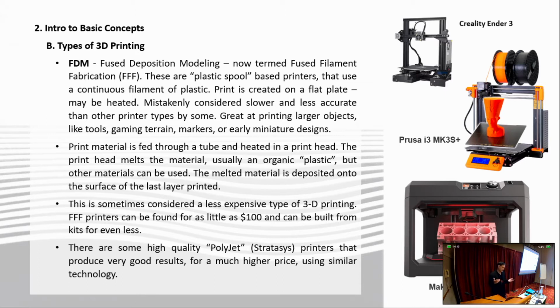Sometimes this is considered to be a less expensive type of printing, and sometimes that's true, but there are some other options out there that are similar to FDM printing, like the PolyJet printers, where you're looking at $100,000 for this type of printer. Now those are really nice. They're super fast. The quality is great. But again, that's more of an industrial use, and probably not something that you guys would